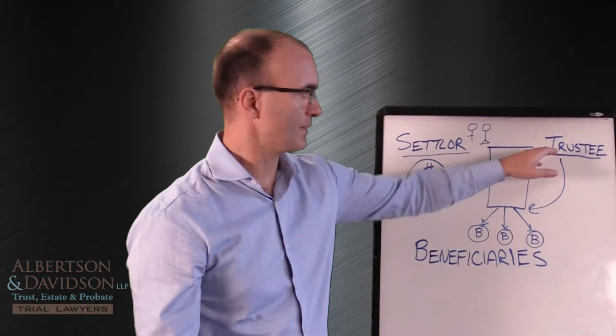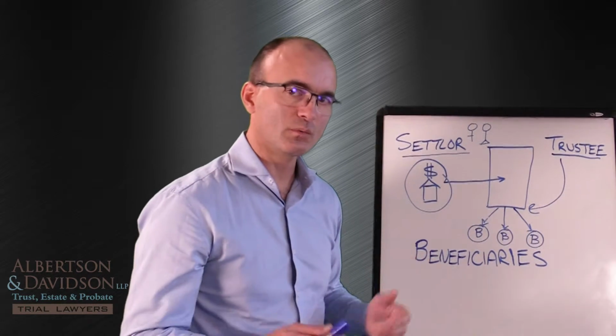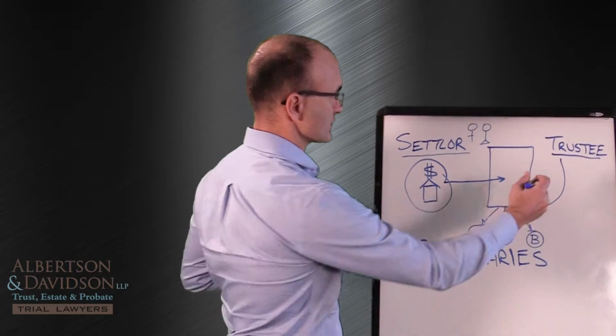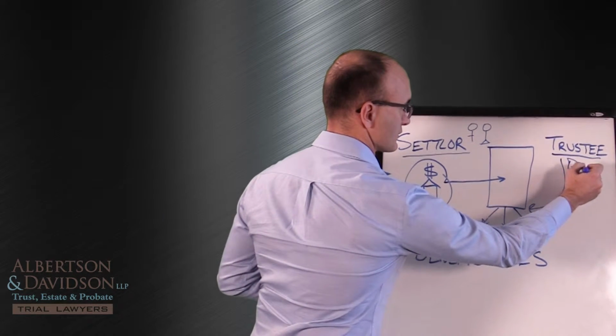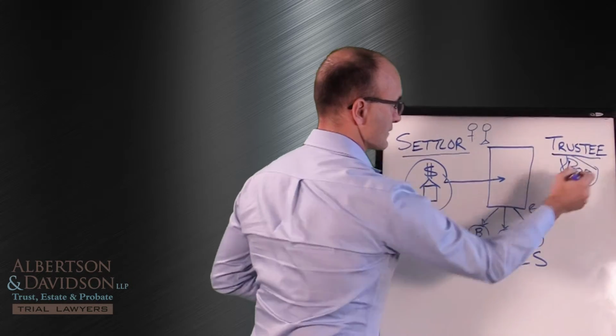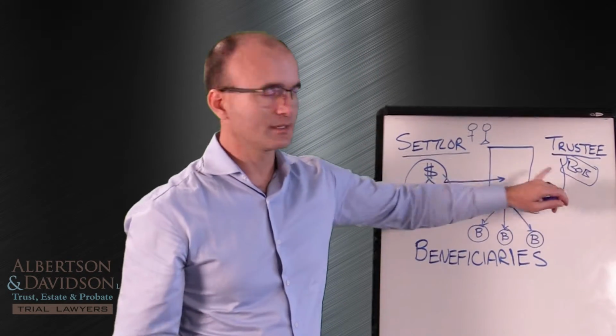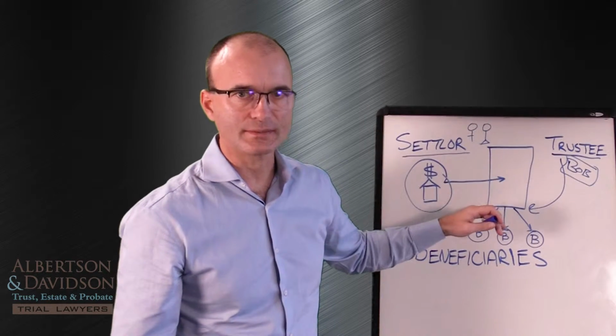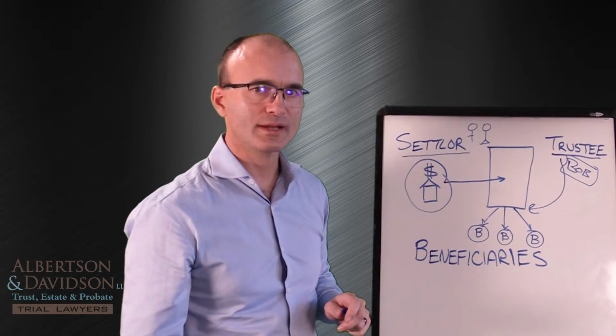But the children may not be the trustee. Maybe one of them is trustee. Maybe none of them are trustee. Maybe they have a trusted friend. We'll call that trusted friend Bob. And so after mom and dad are gone, Bob steps in. Now he's the trust manager. He has to manage all of this, oversee it, and do what the trust terms tell him to do.